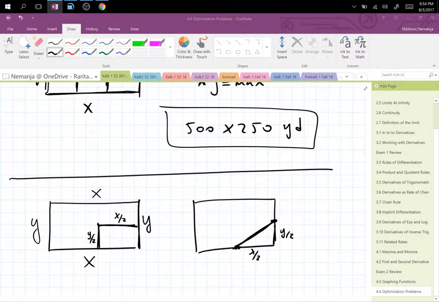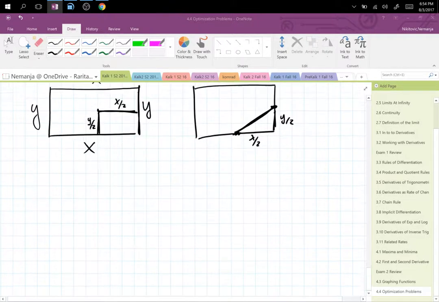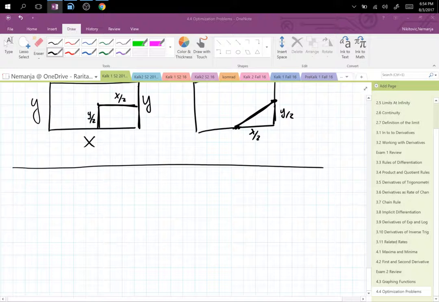Now let's take a look at shipping crates. You understand that a shipping crate or a suitcase is a box. So think of a box. You're going on vacation, you put all of your clothes and stuff in a box. So the box has dimensions